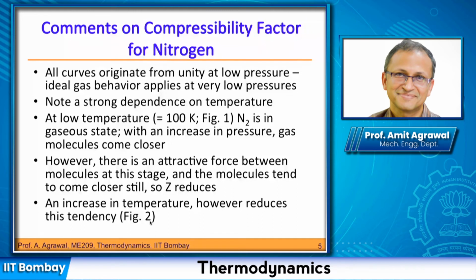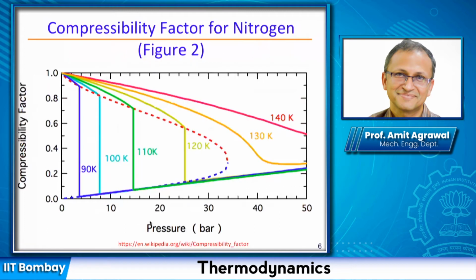And this becomes further clear when we look at this figure of, again, nitrogen. Here you will see that it's a different range of pressure that we are looking at. Earlier the range was from 0 to 300 bars. Here we are only plotting all the way to 50 bars. And for the compressibility factor, we see that all values are lying less than 1, so we have reduced the axis of compressibility factor here from 0 to 1.